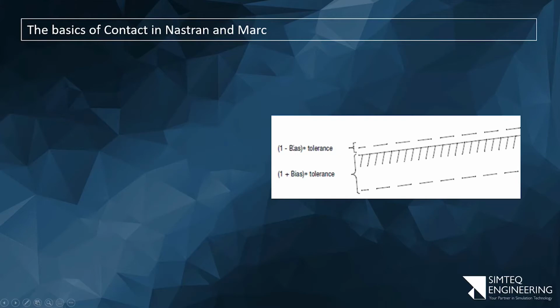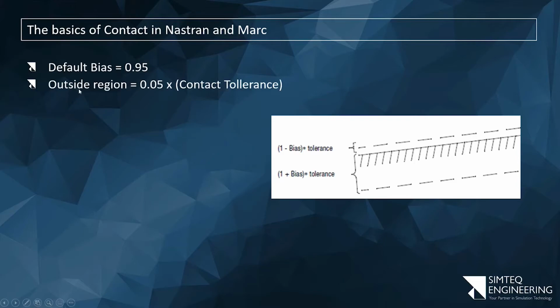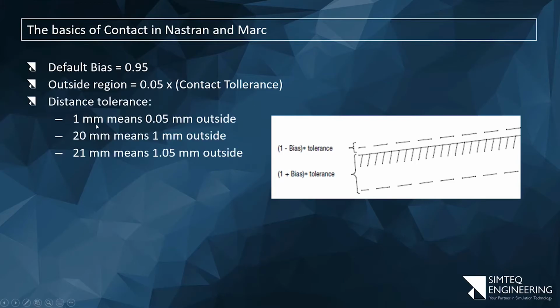So this is what happened. What's the default bias? It's 0.95. If I use that equation for that outside region, it says 1 minus 0.95, which is 0.05, times my tolerance, is that checking region on the outside. So if I use 1 millimeter, it only means 0.05 millimeter on the outside and 1.95 on the inside. So that's why it doesn't work. 20 millimeters means 1 millimeter outside and